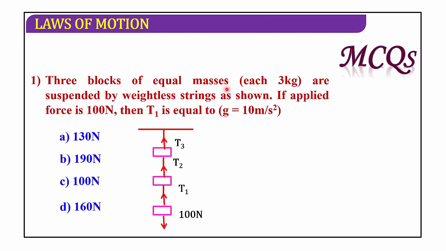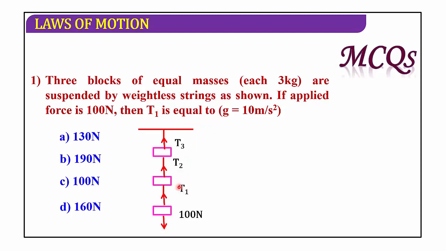Three blocks of equal masses. You can observe they have given three blocks of equal masses, meaning each block has a mass of 3 kg. It is given each 3 kg. They are suspended by a weightless string as shown in the figure. So here they have given that the string has negligible mass. If the applied force is 100 Newton, the applied force is downward 100 Newton, then T1 is equal to, what is